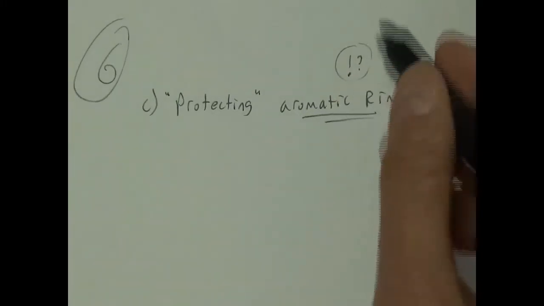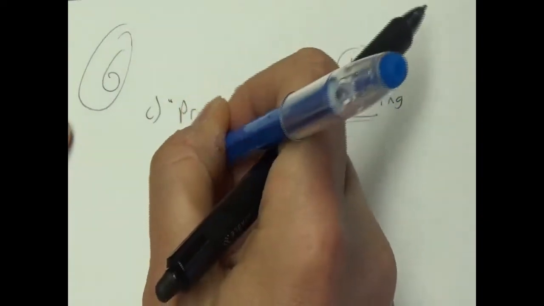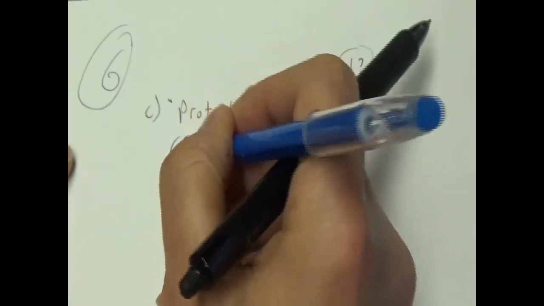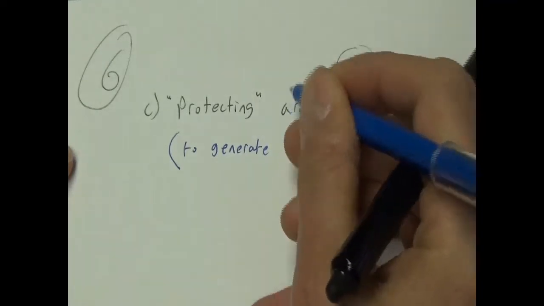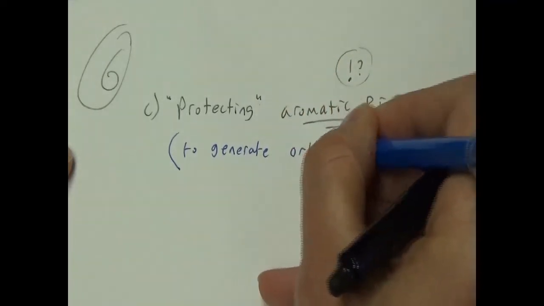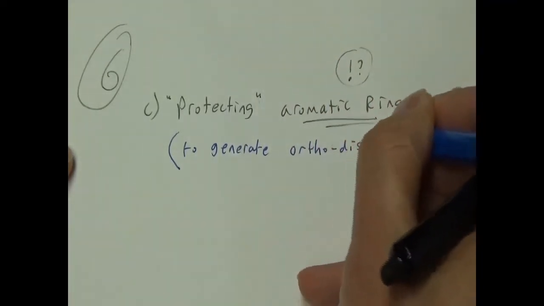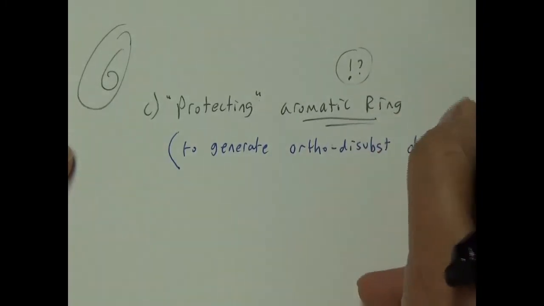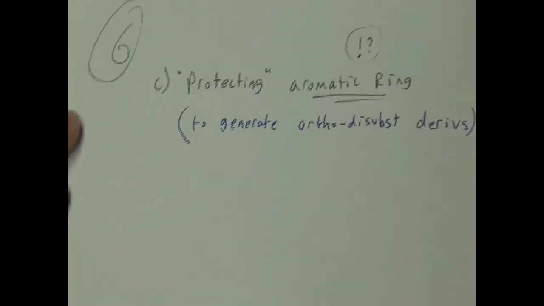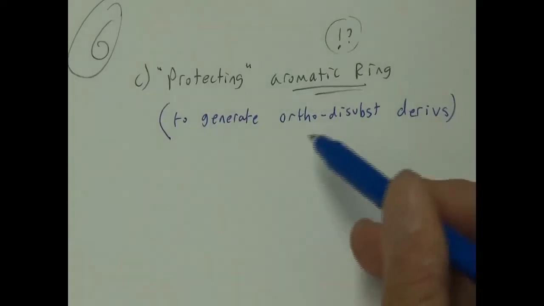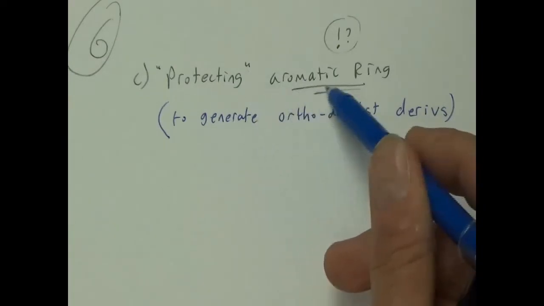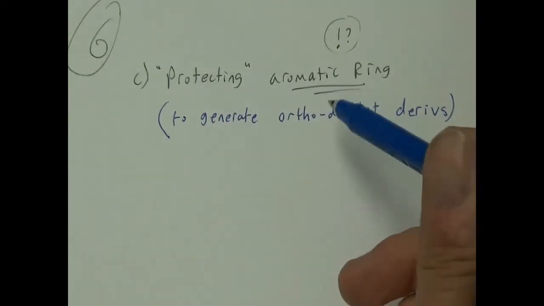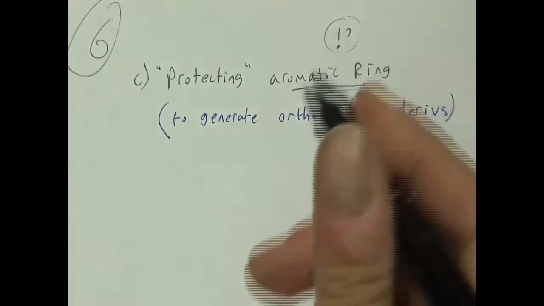What we'll see is this allows us to generate ortho-disubstituted derivatives. Ortho-disubstituted. What does that mean? Ortho-disubstituted basically means two things that are ortho to each other. And we have a cool protecting strategy for aromatic rings. That's not that crazy, but